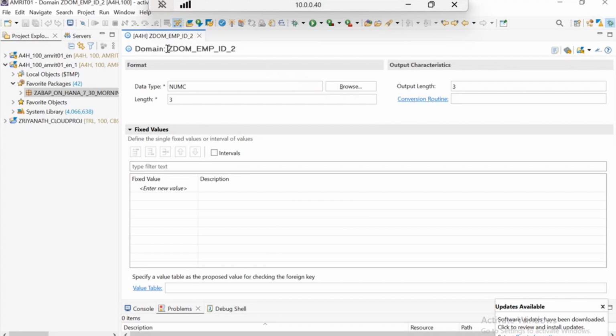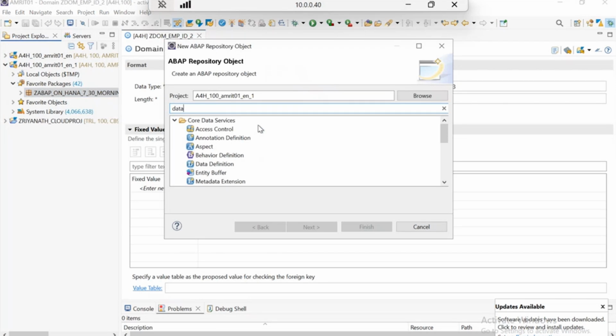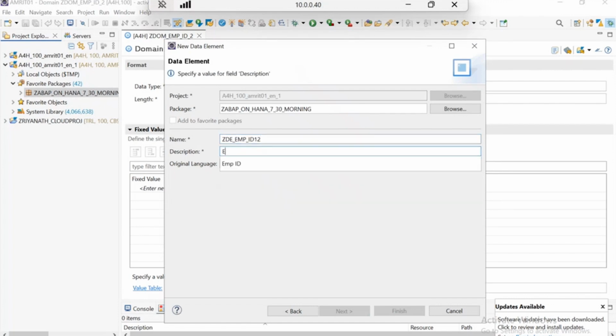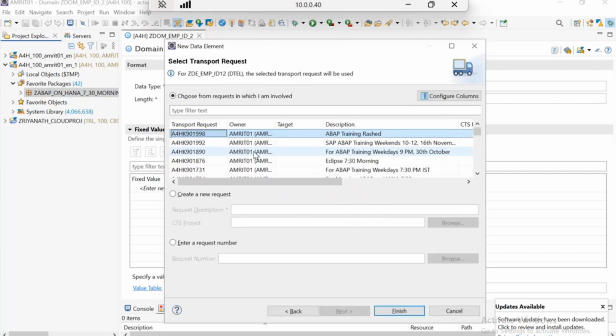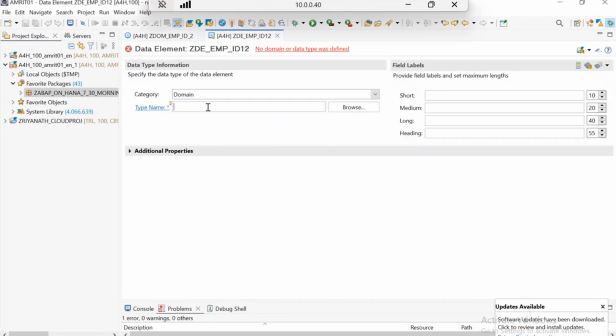Yes. Now based on this, I can create my data element, correct? So I'll copy. I'm going with the package option and let me just create another ABAP repository data element. So data element, Z data element, my employee ID 2, and here I'm giving the description, next, request, yes, and I can paste the domain here, yes. I will be giving here my description, so employee ID,